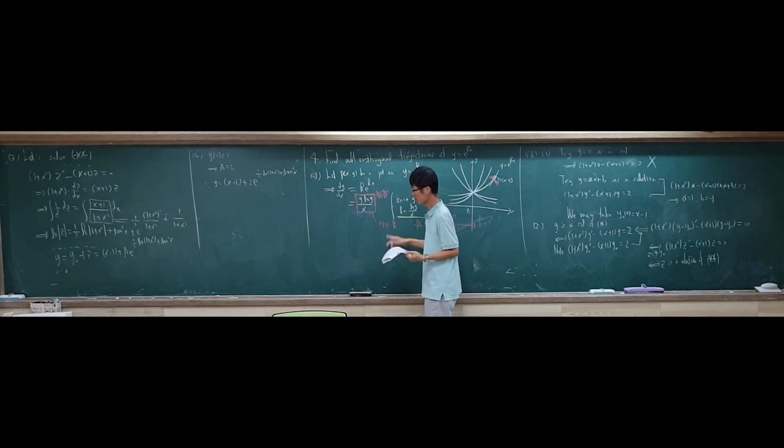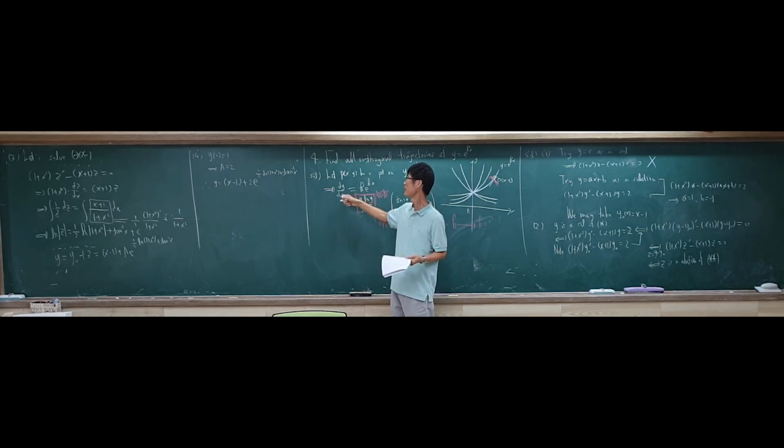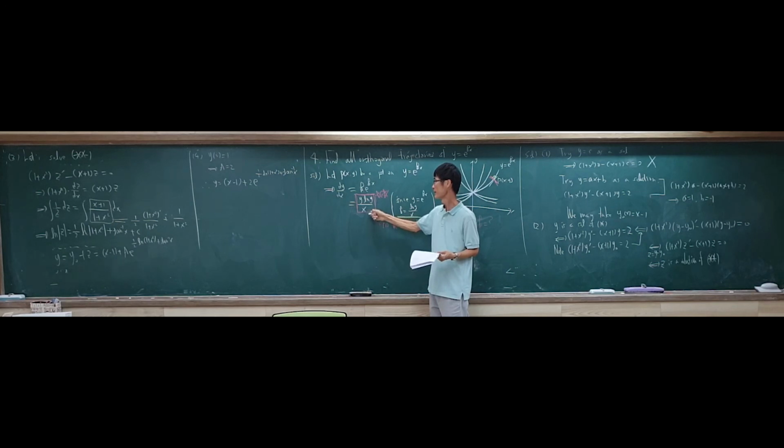Basically, a problem of orthogonal trajectory is very easy, but in the midterm examination, many students failed to solve a problem of orthogonal trajectory because they don't express dy over dx in terms of just x and y. So you should be careful that there is no term of k. And then